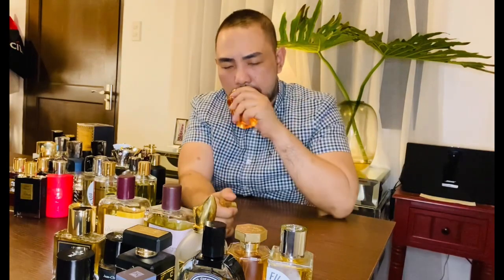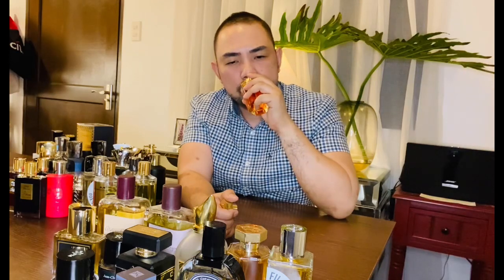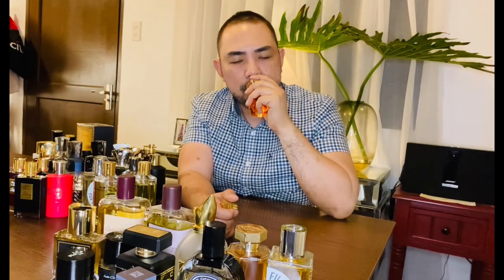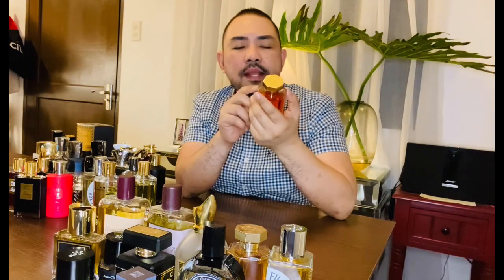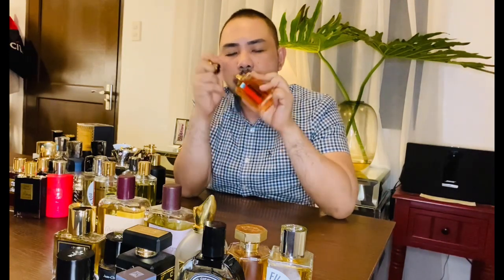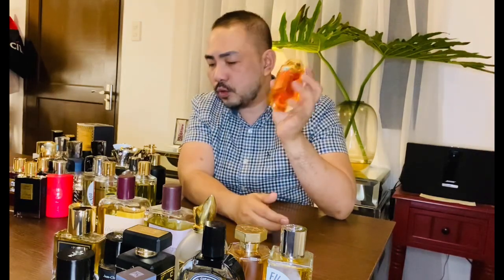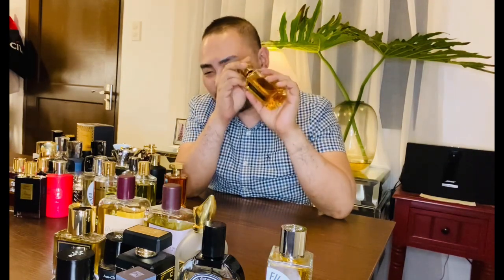This one, okay, this is Traversée du Bosphore. Maybe I'm gonna keep this. I mean, it doesn't smell anything like I've smelled before. And plus, it's also discontinued, quite hard to find, so maybe I'll keep it a little bit longer. Now, okay, going back to Noir Exquis. Maybe I should keep this also. So in the end,